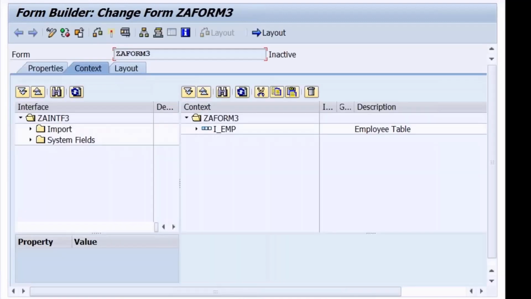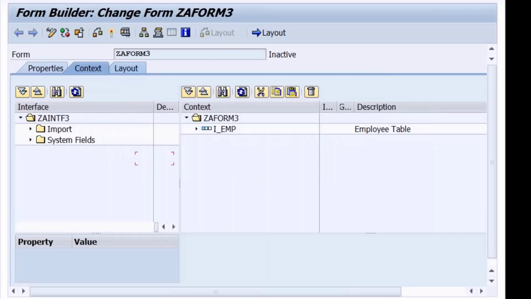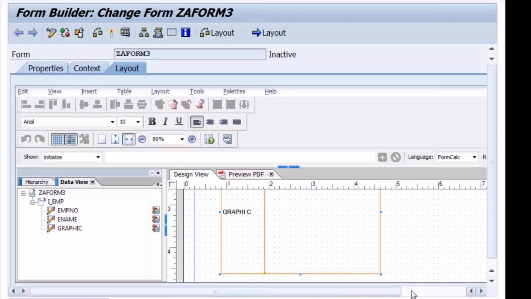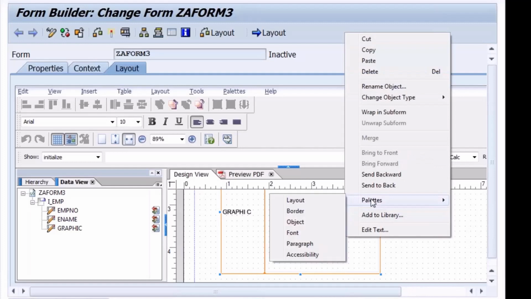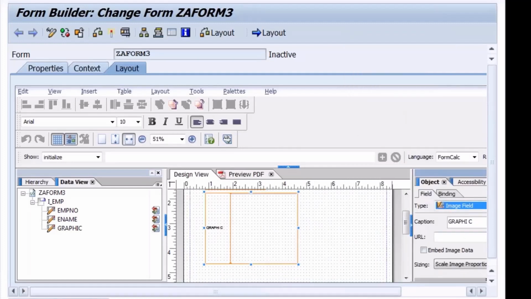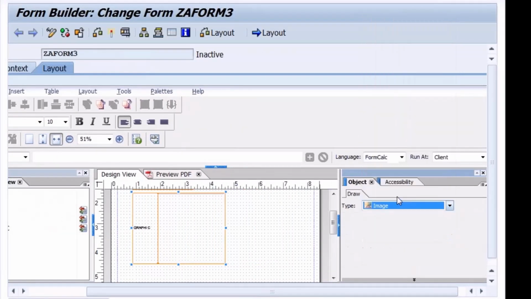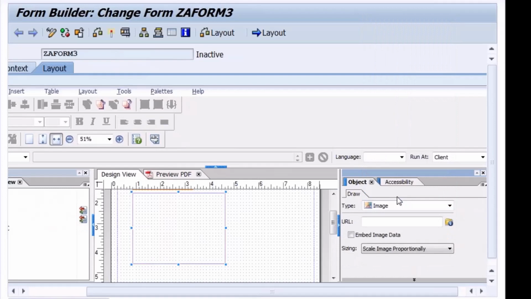Okay, let me go back to the layout only. Field is type what? Image field. Huh? Let me go for image. I'll go for image. Oh, if I go for image,